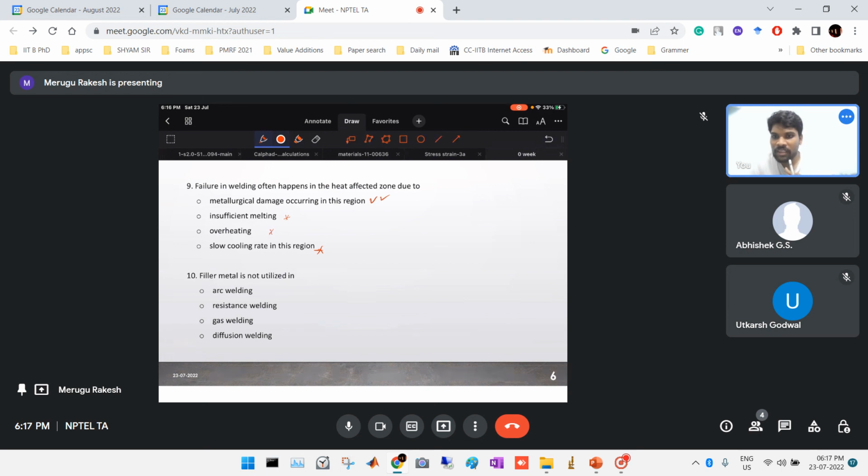Then diffusion welding. In diffusion welding we directly keep the two metals that we are going to join and apply some pressure, and we heat to near the melting point so that the bonding will happen. So we will not use any filler. Similarly in resistance welding, we keep two plates and apply some resistance, ultrasonic or whatever, or we take two shafts, keep one shaft constant, and rotate the other with some torque, and then stop. So we are not using any filler materials. So in this question, both the options will be true, but the